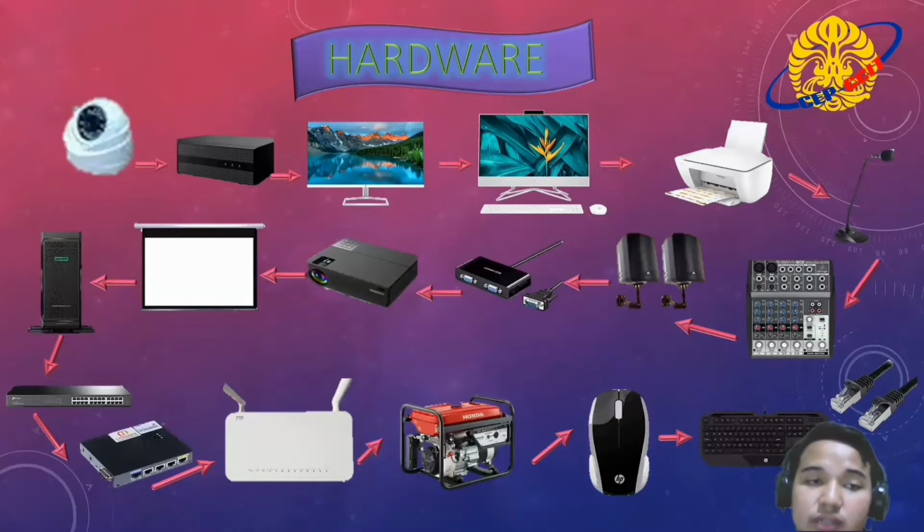Let's start with the upper left one. It is an Absolute CCTV with the function to monitor all conditions in the computer lab. It has a 4 megapixel camera, 1080p resolution and infrared. The next is a HiLook DVR to save the video recorded by the CCTV. It has 8 channels and 1080p resolution.